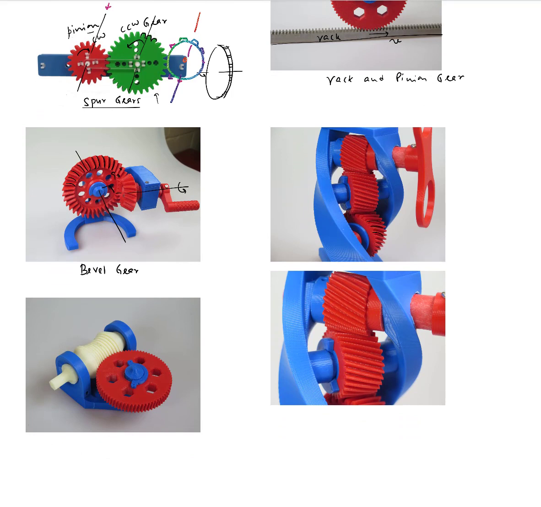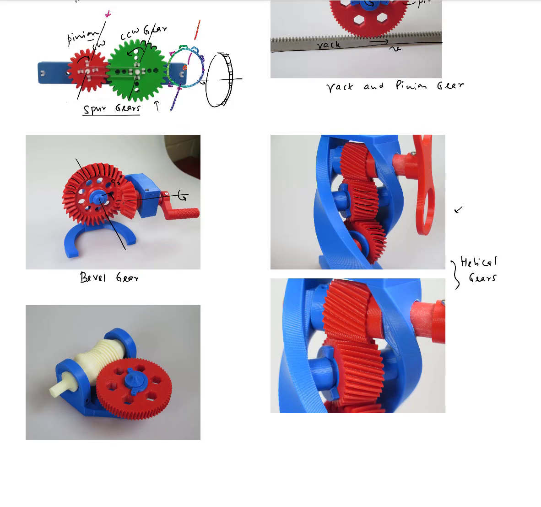You can see the same kind of teeth cut over here. They're at an angle, they're not straight. Now the basic difference between the bevel gear, spur gear versus what you're seeing in this picture over here is that these are called helical gears. So both of these are helical gears, and essentially you have a helix cut on the blank,